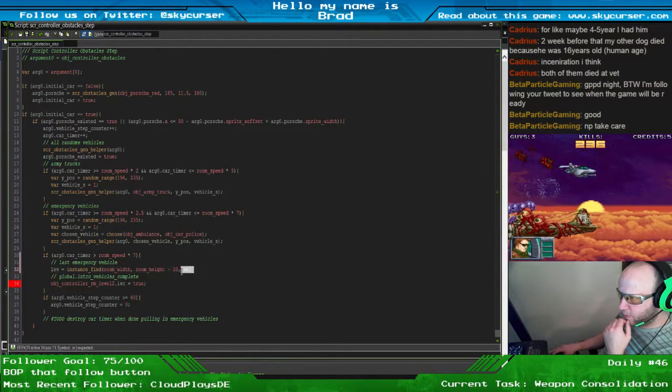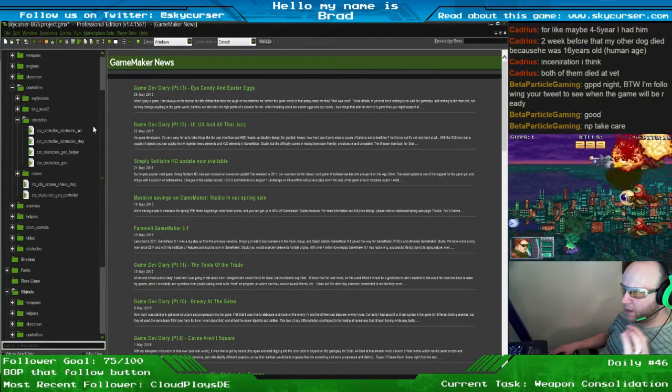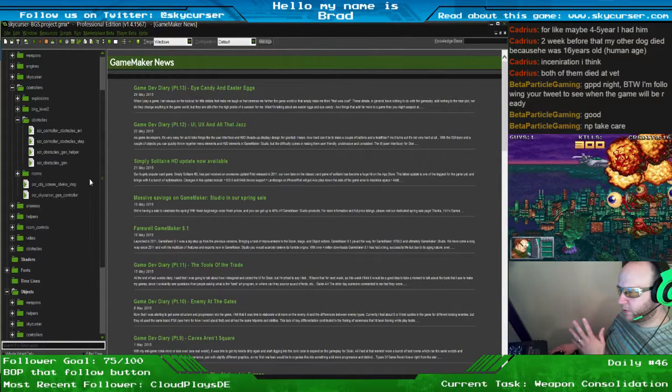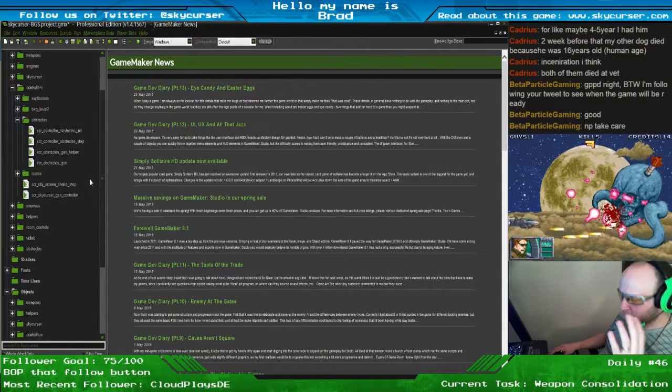This actually may be problematic. Let's leave it the way we have right now. Let's leave good enough alone for right now, and I will come back and address that later, because right now we have two emergency vehicles. One is a police car, one is an ambulance. First of all, I got to make sure they both get created. Second of all, I got to make sure that